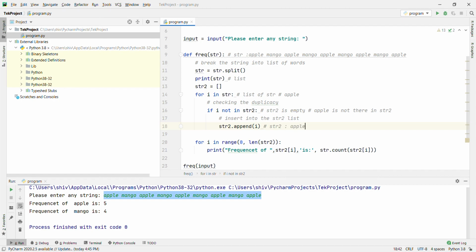Now it will loop once again. The second, mango, will come. Then it will check again: if I is not in str2, only apple is there, right? Then mango is not in str2. Mango is not there.